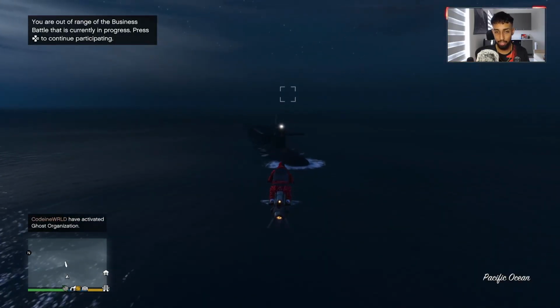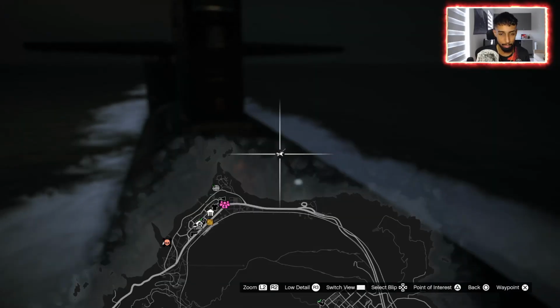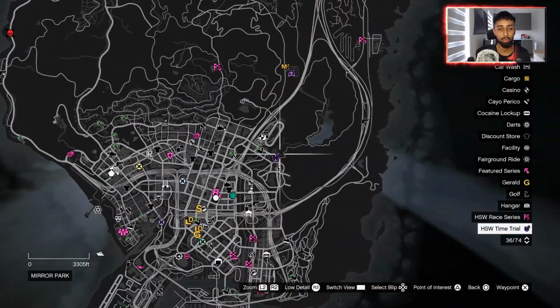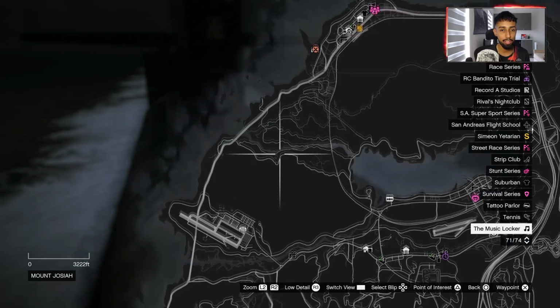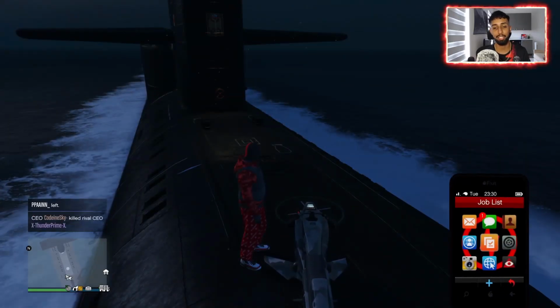Now you need to first, to unlock this, go to the M on the map. It'll say Madrazo somewhere. It's going to be Martin Madrazo's son. You're going to have to visit his house somewhere here, and then it will tell you to go to the Diamond Casino music locker, which is located right here. After viewing the cutscene with Madrazo's son, then you'll be able to call in or actually purchase your Kasatka first,